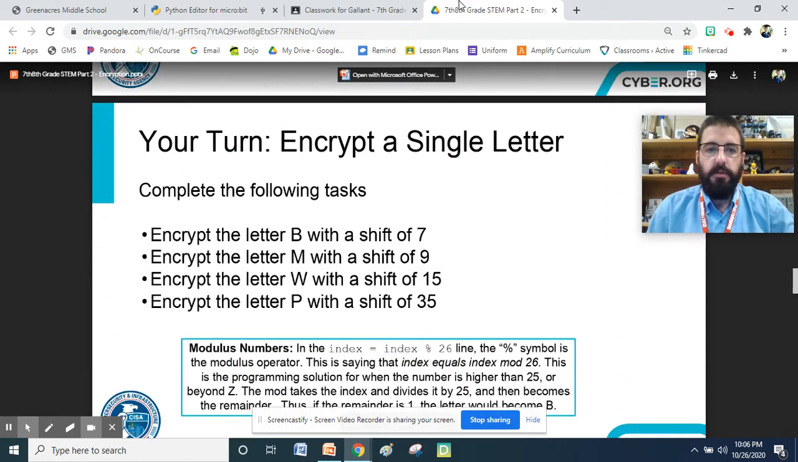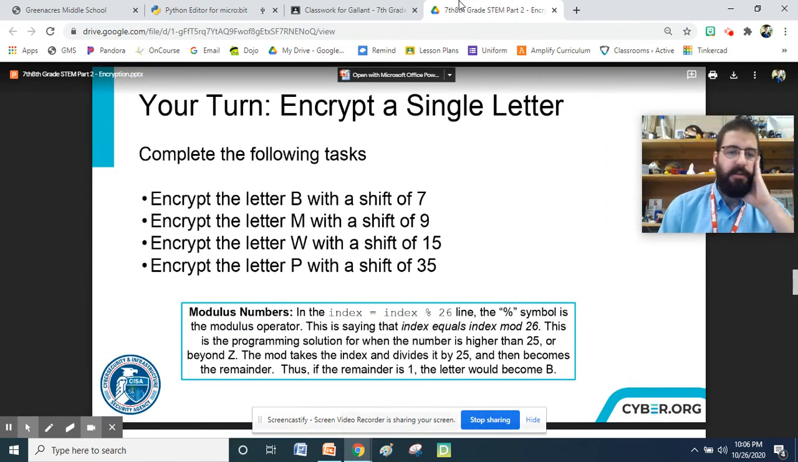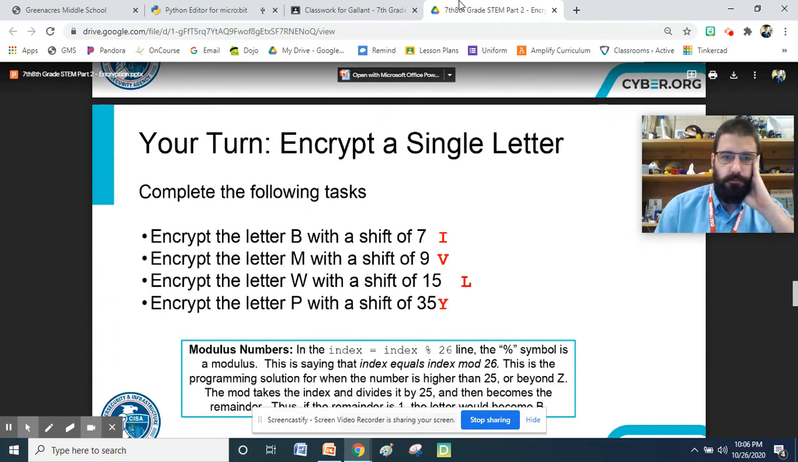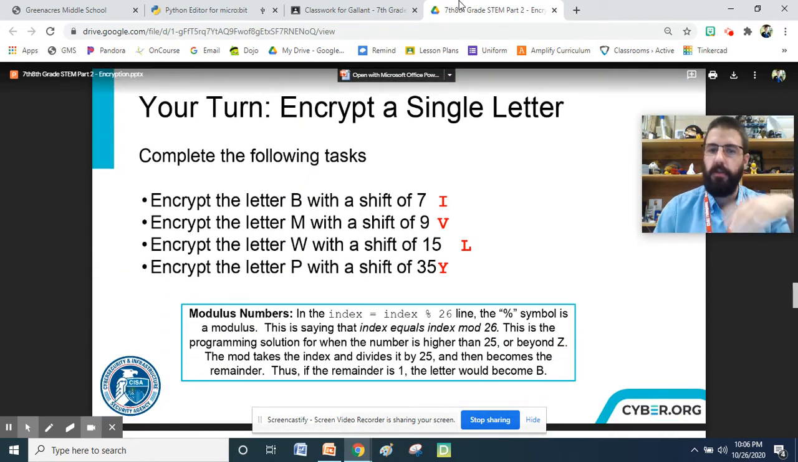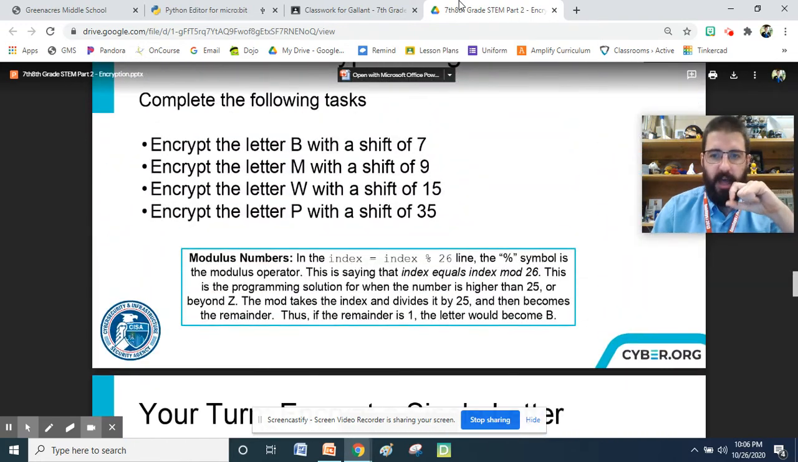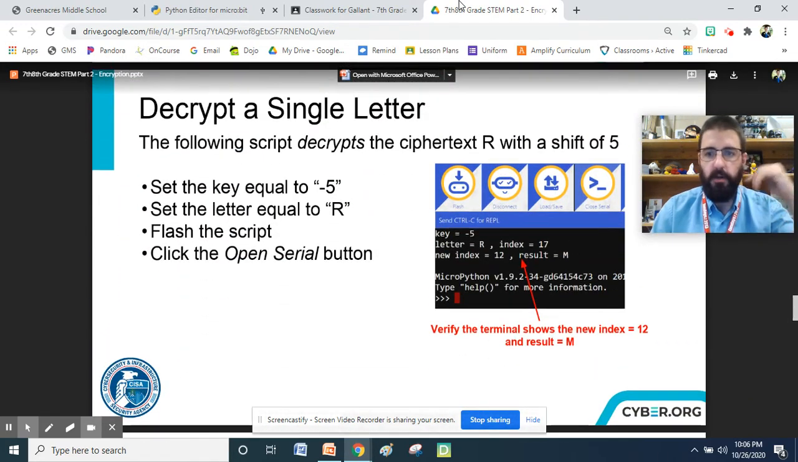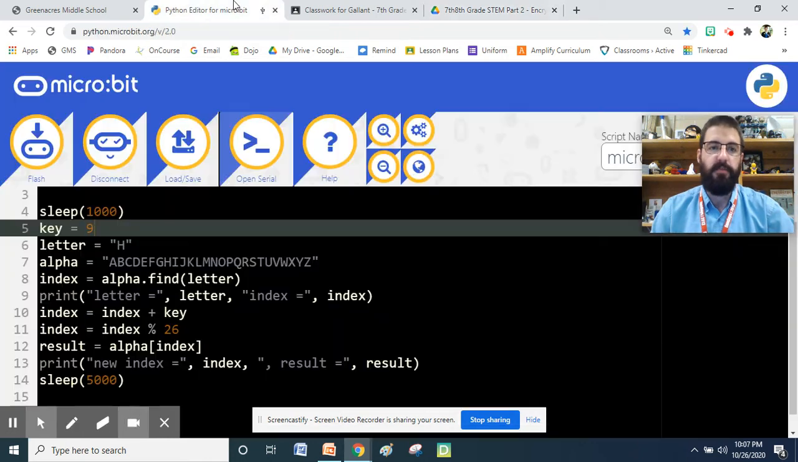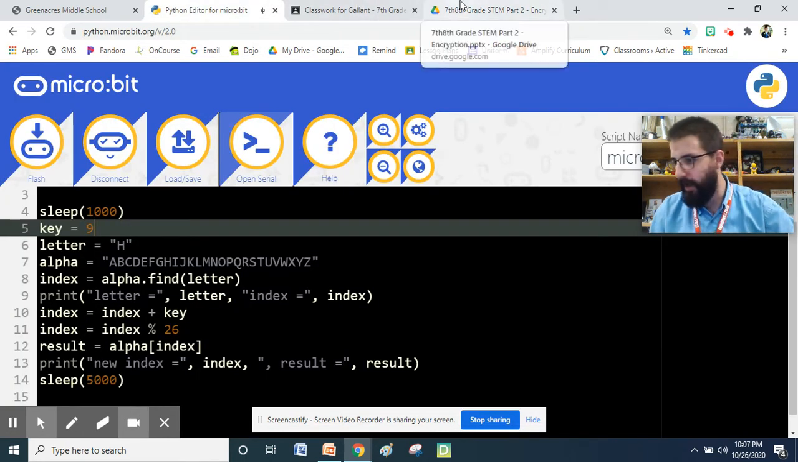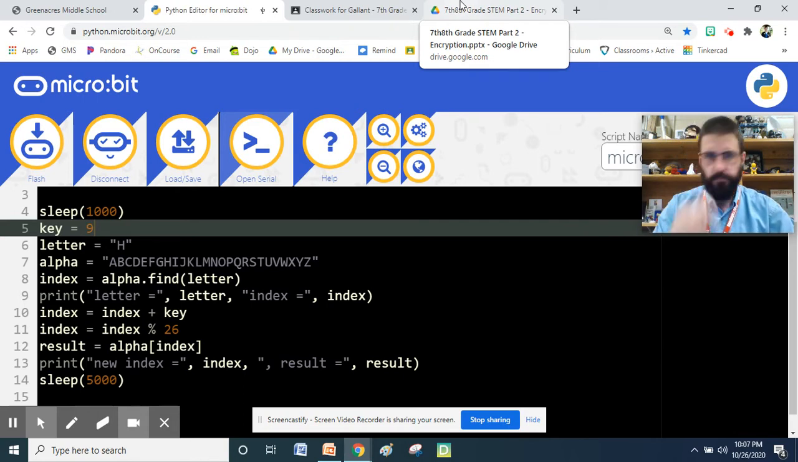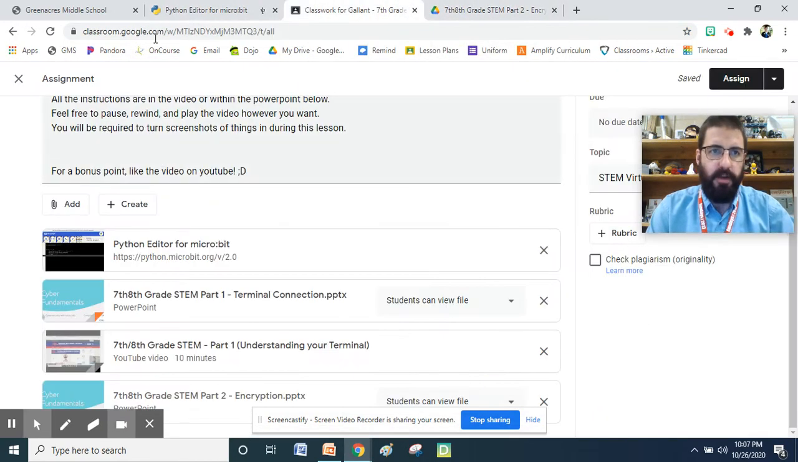Okay, so we did that. We did a single letter. Fun times. We encrypted. Now we can decrypt a single letter. So instead of doing 5, I can now set it to -5. Okay, so if I want to say, okay,